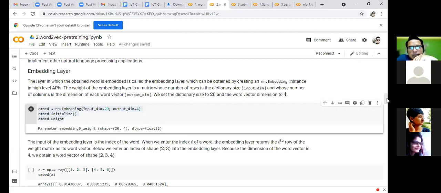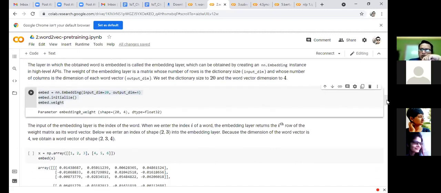Now let's move to the next part. The input of the embedding layer is, at the end of the day, the index of the word. Whenever we enter the index i of a word, the embedding layer will return the ith row of the weight matrix as that word's vector. Below, we are putting an index of shape 2×3 into the embedding layer, and because the dimension of the word vector is 4, we will obtain a word vector of shape